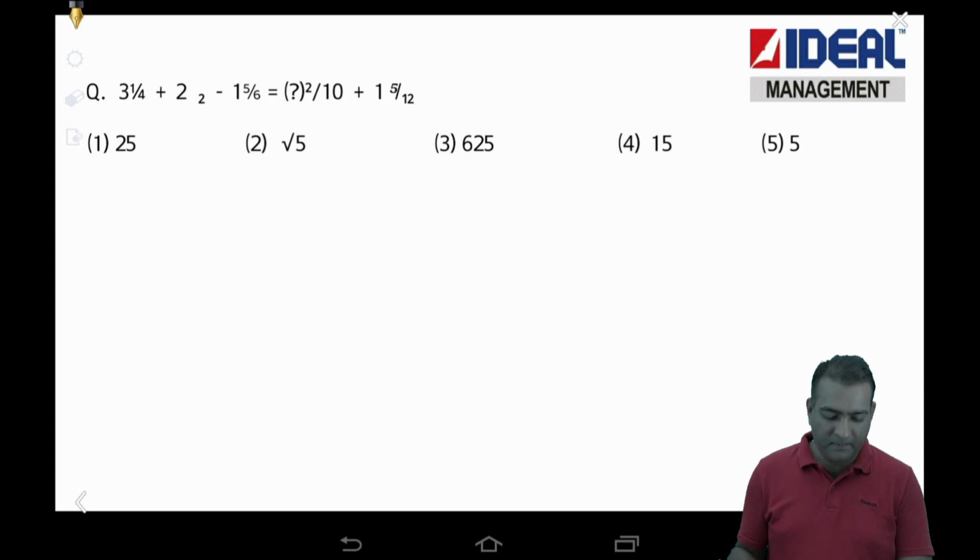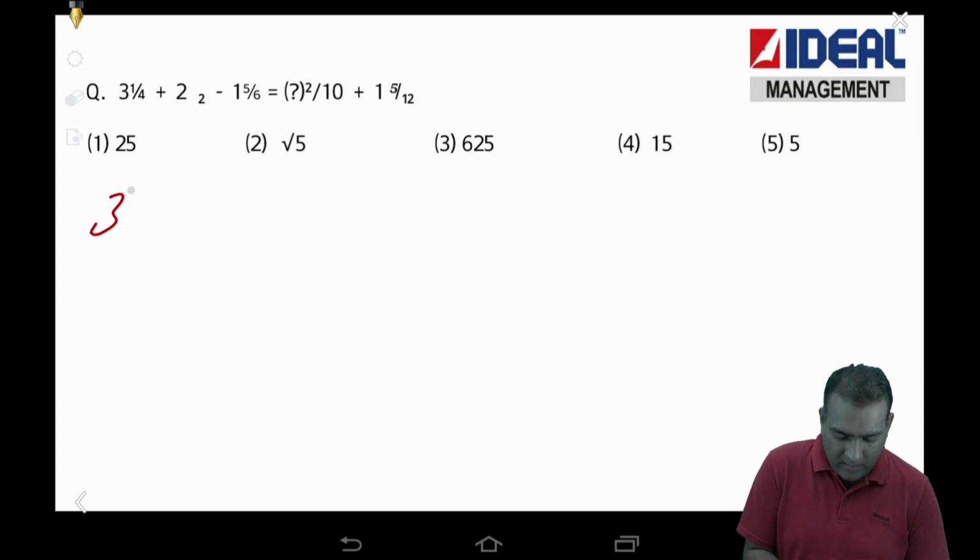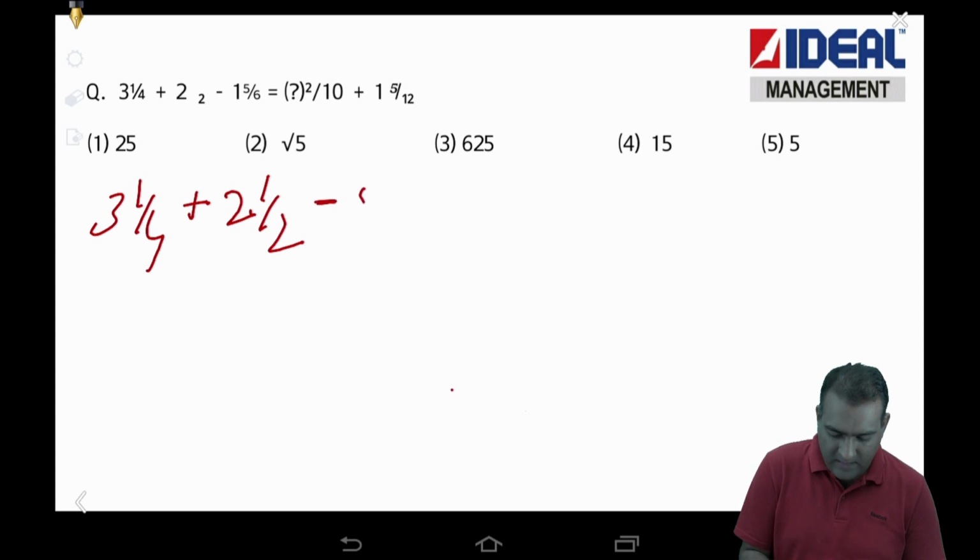Go to the next one. Yeah, there are a few things missing here, but I'll write it down. So this is 314 plus 2 1 by 2 minus 5 minus